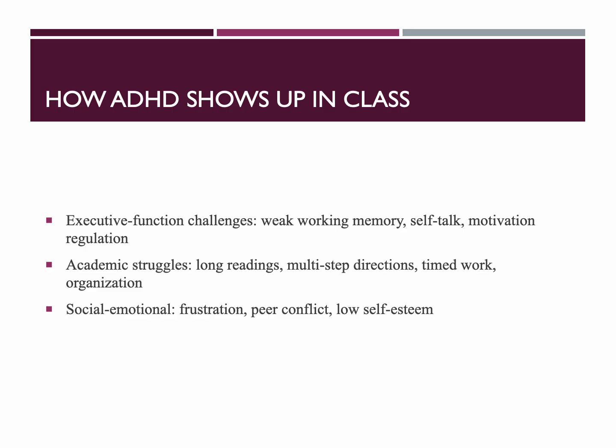We can think of the executive function as the brain's management system. It controls things like memory and organization, also emotional regulation. It's kind of like the internal monologue or the self talk that goes on in the brain. And that internal voice usually reminds us of what to do next. So, students with ADHD have a wonky